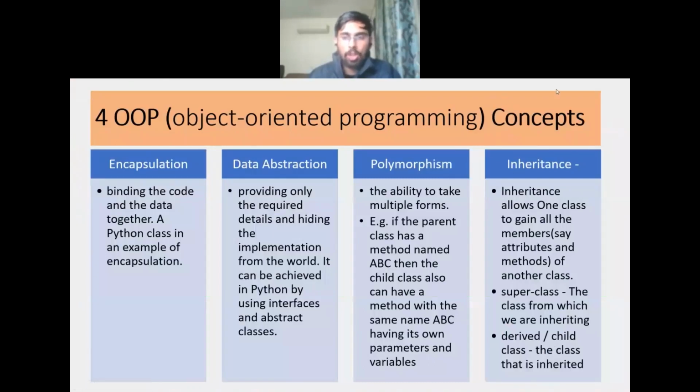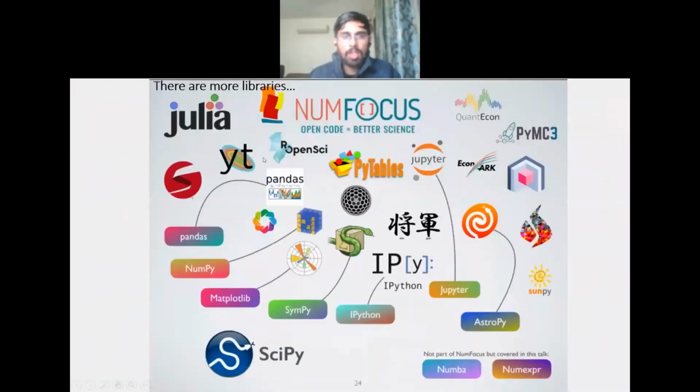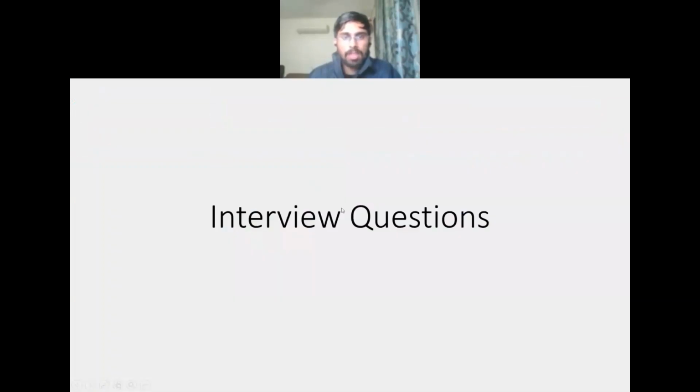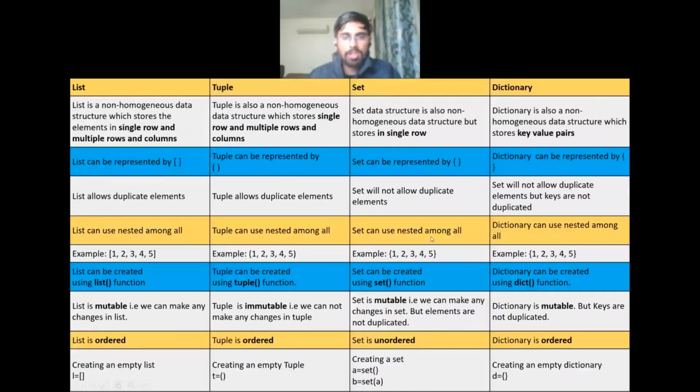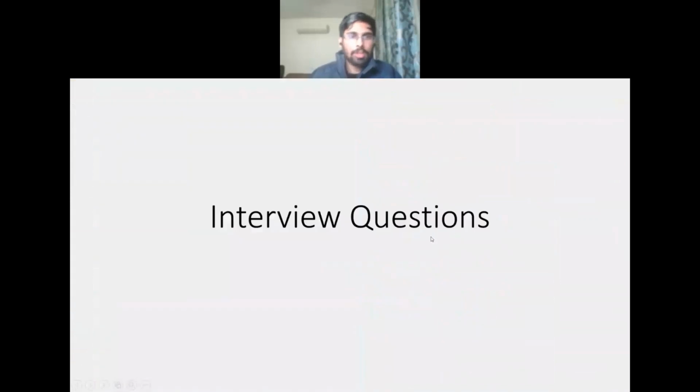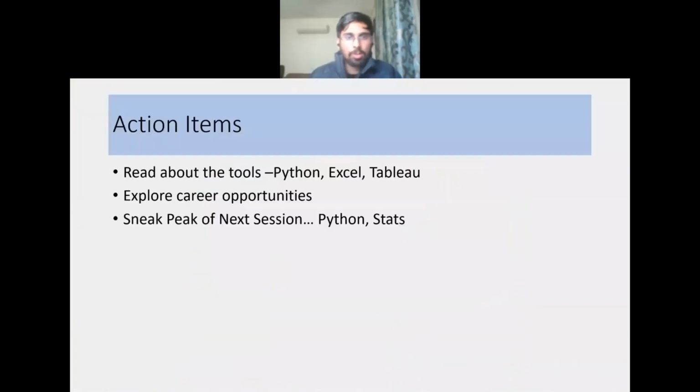This is an important concept in programming also. And when we are talking about Python, we would cover some of these things as well. Then we'll touch upon Python libraries, then data frames. I'll also cover interview questions. So there's a lot coming up, and I'm very sure that you are excited and you will do the entire course very diligently, right?